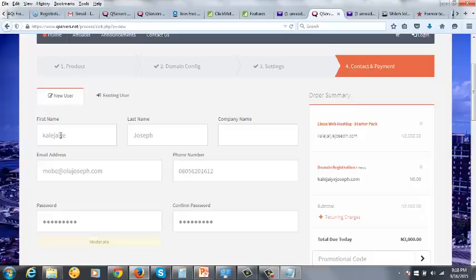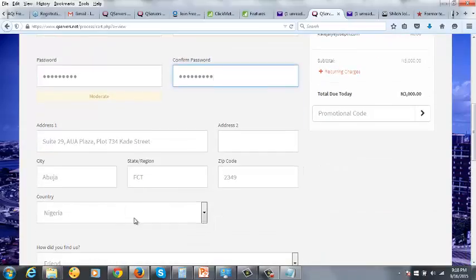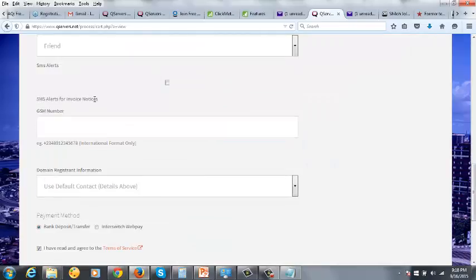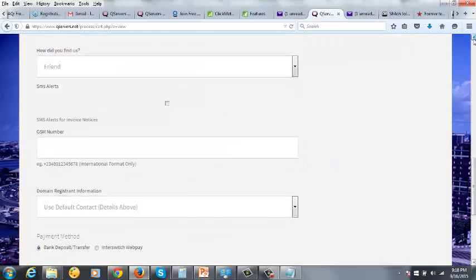So quickly, you fill in the form. Put your first name, your second name. If you don't have a company, leave this one. You put your email address. You put your phone number correctly. You put your password. Confirm the password, and then you put your address correctly. Put your city, your state, zip code of your state, then Nigeria, and then they are asking us here, how